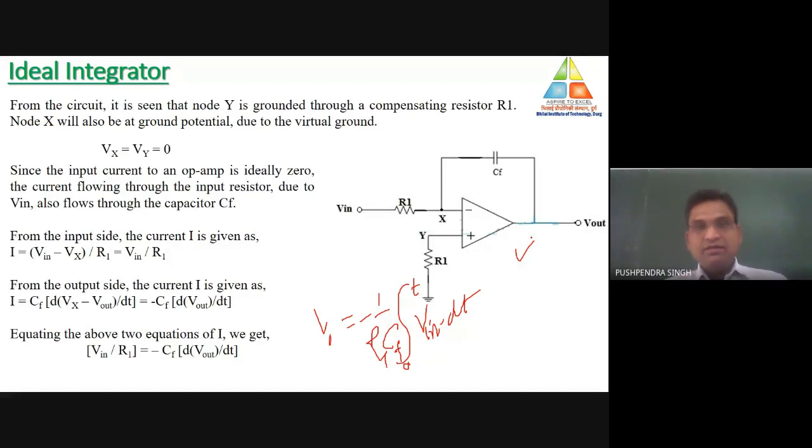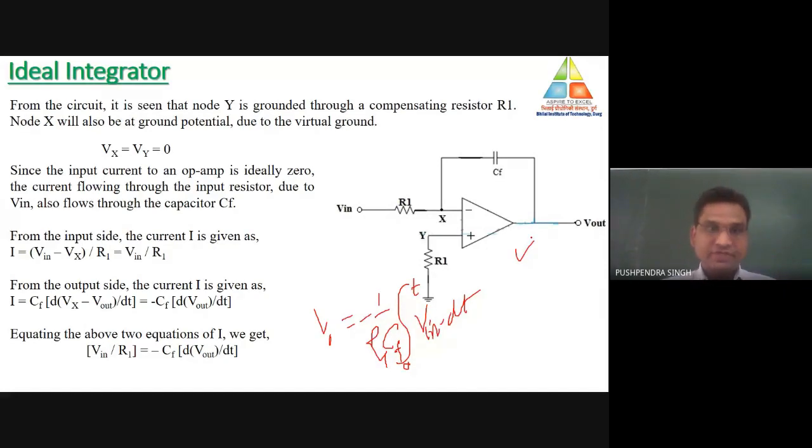So this is our today's topic. Today we will discuss the general definition of the integrator, how to design the integrator circuit, and what the different elements are which are to be connected in the circuit diagram of the integrator. First we will start with the ideal integrator circuit. Then we will derive the expression for the ideal integrator circuit, then conclude the meaning of the output voltage of the integrator. If there is any problem, then in that condition we will try to rectify that particular problem in the ideal integrator. So there is some kind of problem with the ideal integrator.